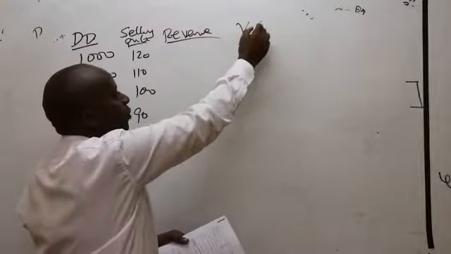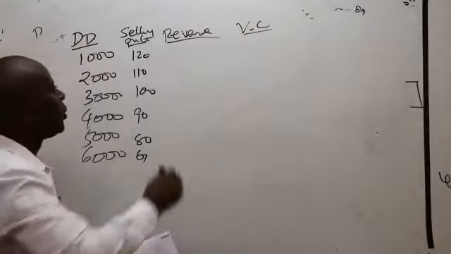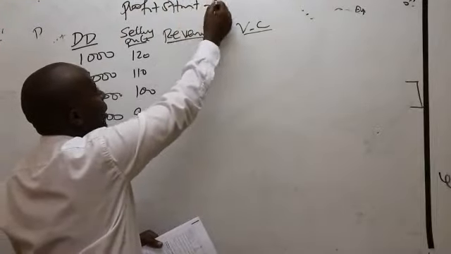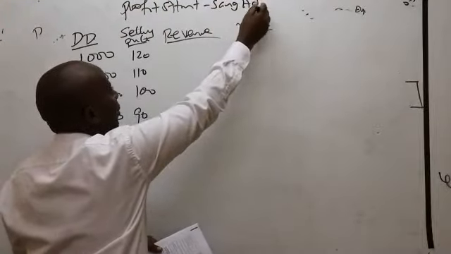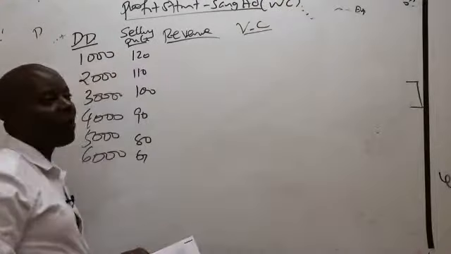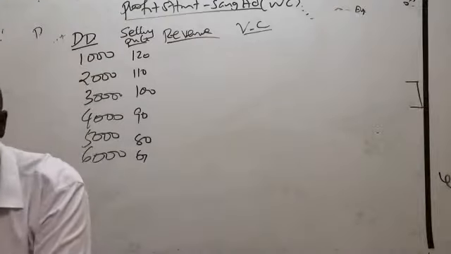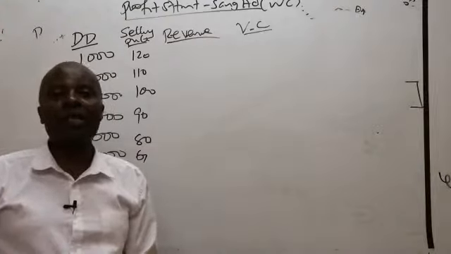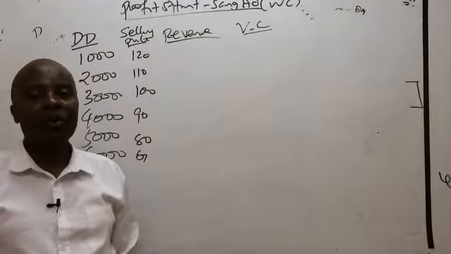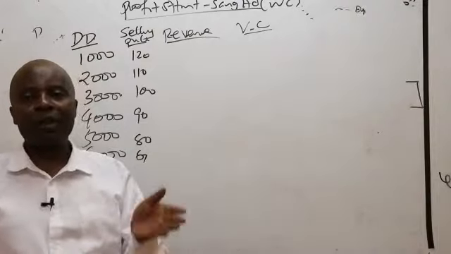The only bone of contention between yourselves and me will be the variable cost to be used here. So, the profit statement for Sun Limited. For Sun Limited, this is what we call the WC, the whole company, which always disregards any transfer price that is being given. So basically, variable cost will be the variable cost of the first division plus the variable cost of the second division.